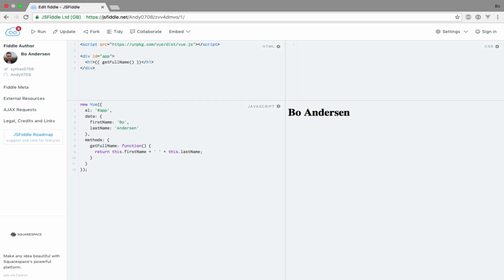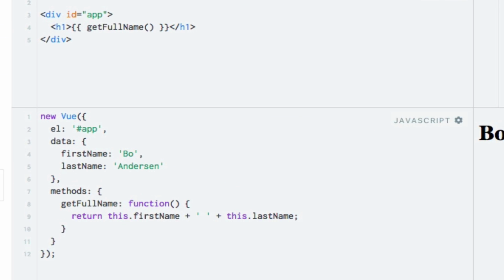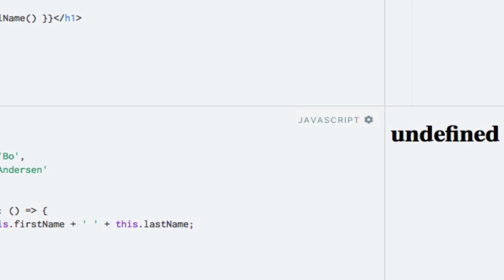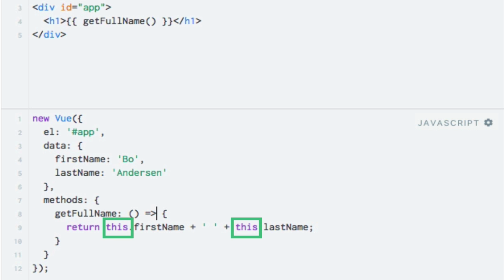Before moving on, I just want to mention a thing or two about the ES6 arrow functions. While they are really useful in many cases, you also have to be a bit cautious with them. Let's take the example from the previous lecture and see what happens if we change the full name method to an arrow function. So I'll just change the syntax here and I'll add an arrow there, like so. Now we suddenly see undefined being displayed on the page instead of my name. That's because arrow functions are bound to the parent context, and therefore this will not refer to the Vue instance